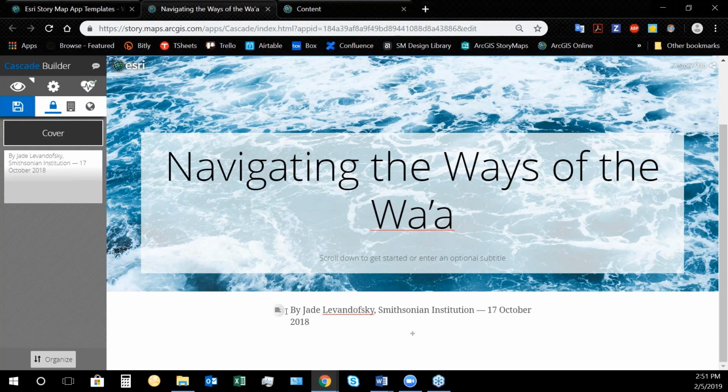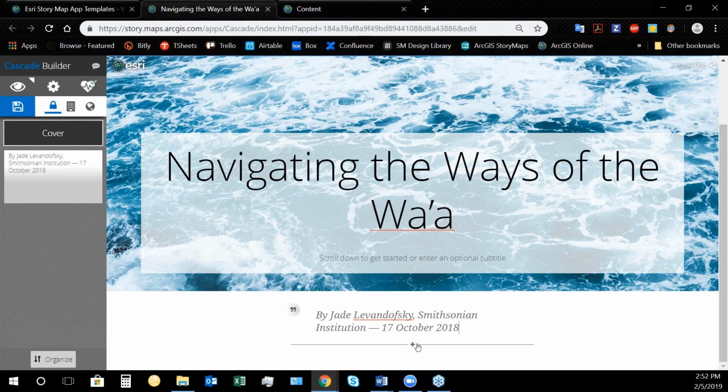Now notice when I have text in the body, I get this little paragraph icon that pops up. Now if I select that, I see some fairly standard text formatting options, such as alignment, as well as some header settings, heading 1, heading 2, as well as a pull quote. So I can break up my text to help out with readability and also to give some custom styling to the way that my story looks.